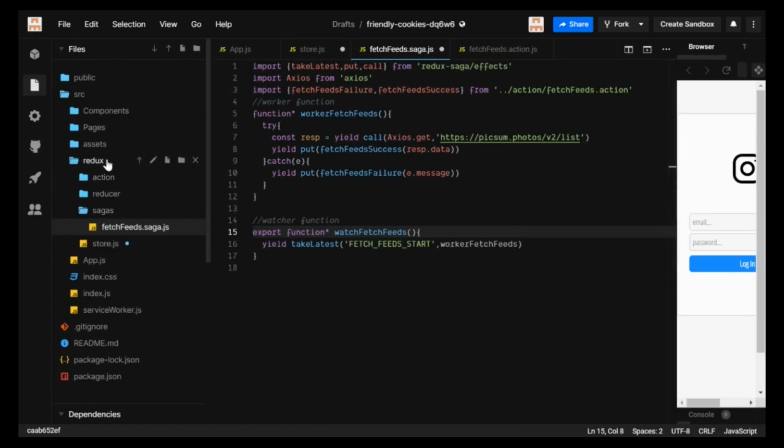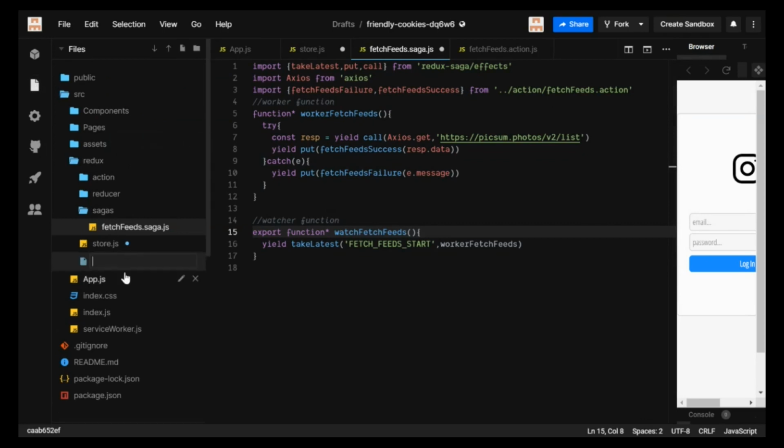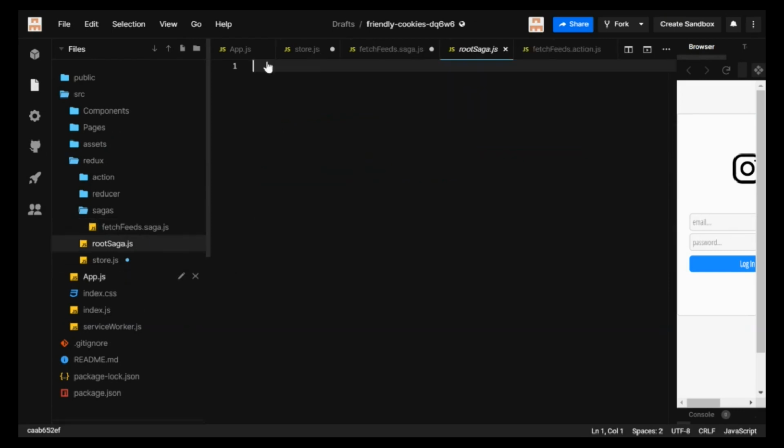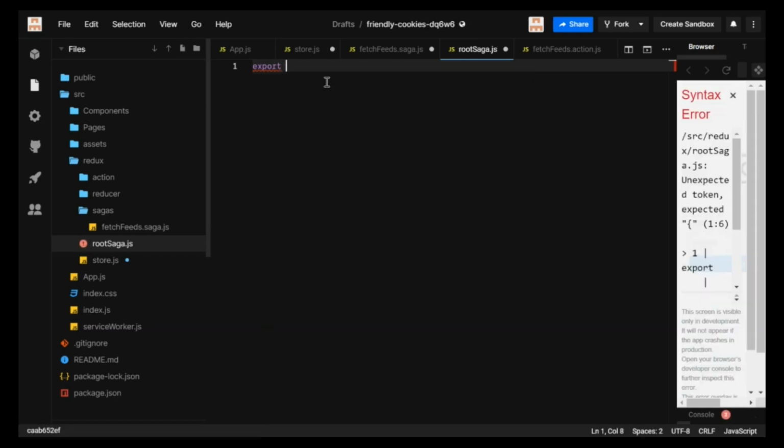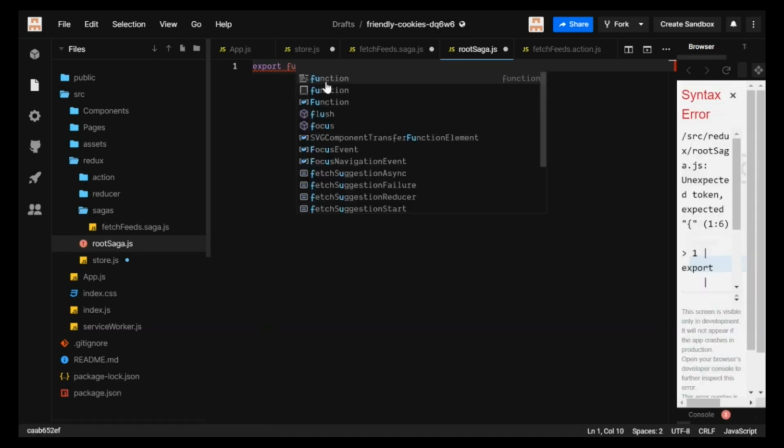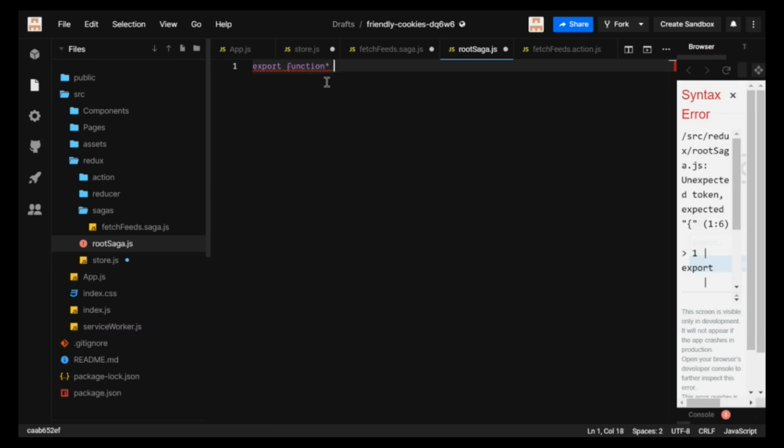We're going to create a new file in here first of all, and the new file name is root saga.js. As the name suggests, you have this root reducer, right, where we are combining all the reducers into one place. Now in here we're gonna use export function star rootSaga,